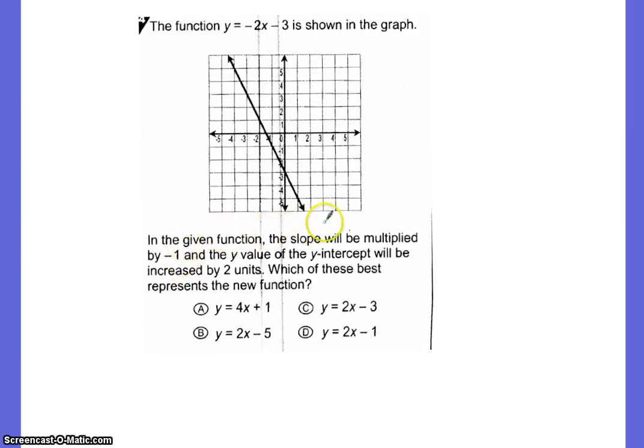In the given function, the slope will be multiplied by -1. This is your slope. So -2 times -1 is a positive 2x. And the y value of the y-intercept will be increased by 2. So it's going to go up 2. So plus 2. -3 plus 2 is -1. So your new equation is 2x minus